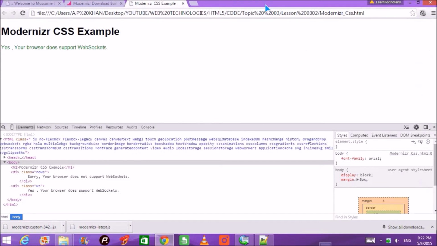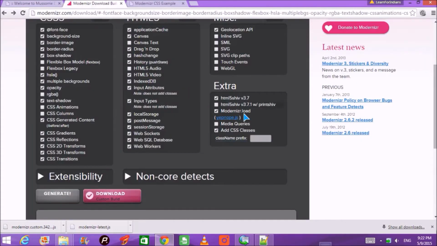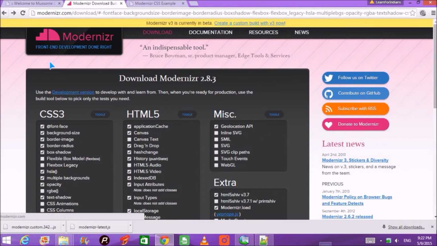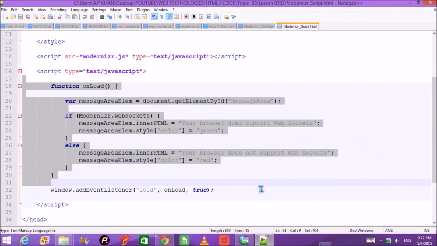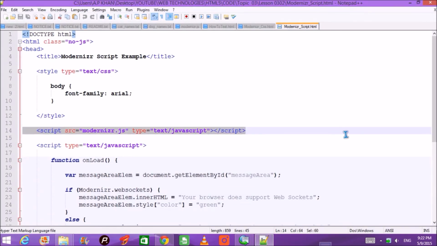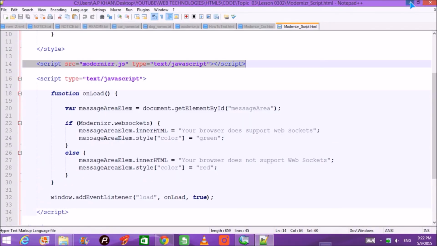So hope you got the idea that whenever you want to make an HTML5 and CSS page, you can directly go to Modernizr, get the small Modernizr latest JavaScript, and include it with just one line and check via these two methods which I just explained.